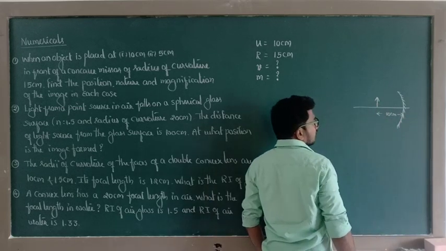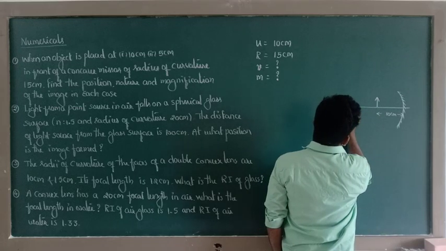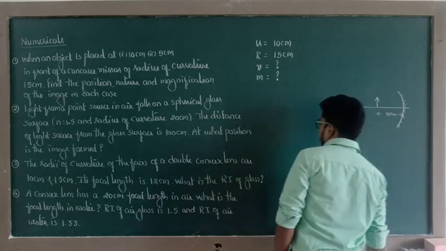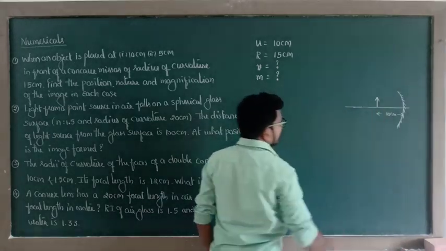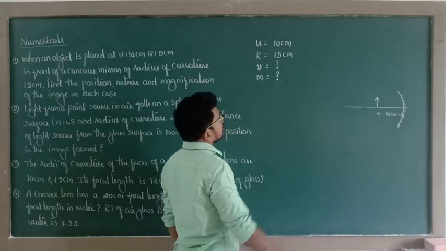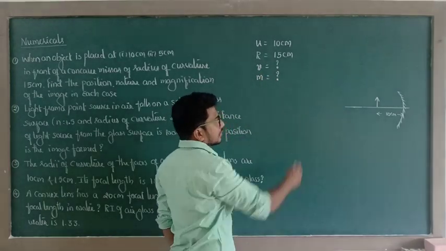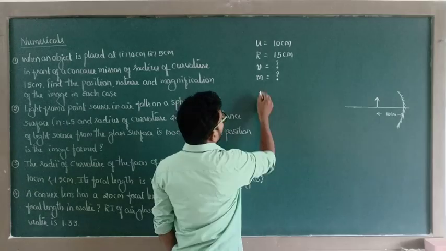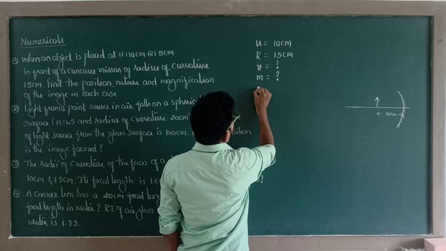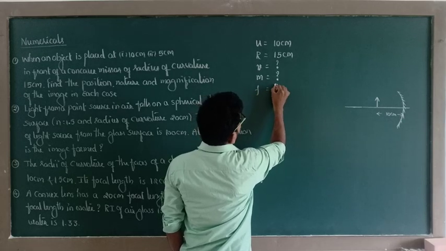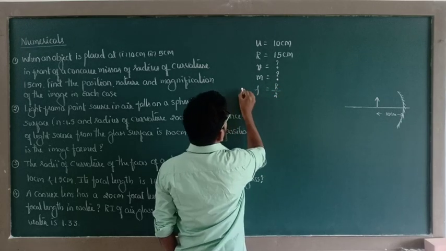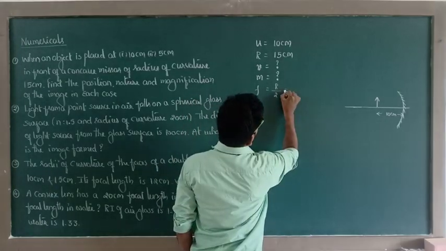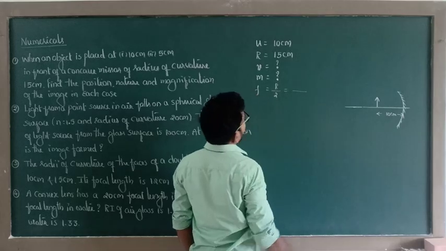Calculate the position and nature of the image. An object lies at 10 centimeter. Then what is the focal length of this concave mirror? Given data is in terms of radius, so we can calculate the focal length of this concave mirror. Focal length is equal to R by 2. We know that focal length is equal to R by 2, which is equal to 15 centimeter